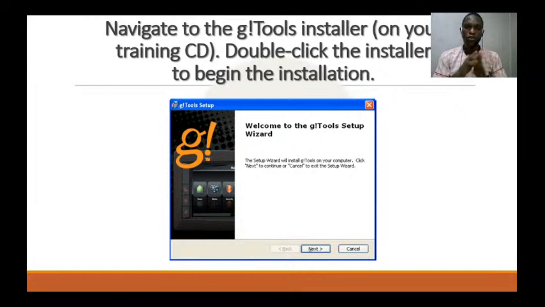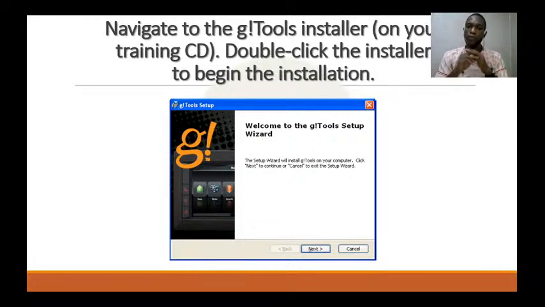Now the first thing you do after you have downloaded, of course, you right click on the installer software which you have downloaded. You can get it through the CD, maybe from your dealer. The person you bought the equipment from will provide you with the software. Now let's say you don't have it, you can equally go online and download it. It is available free of charge on YouTube, on Google. Just Google it, G2s, you will see it there.